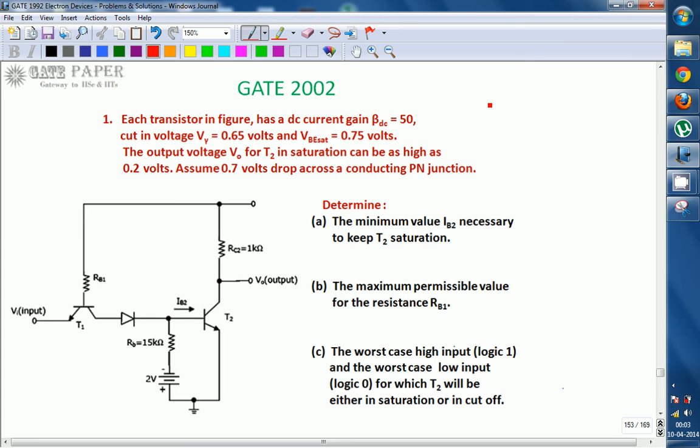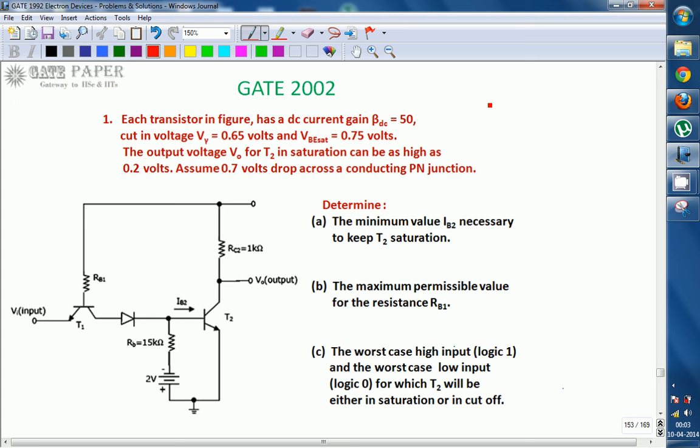The worst case high input and worst case low input for which T2 will be either in saturation or in cutoff. These three things we are going to calculate. So first of all we will see the A part, the minimum value of IB2 necessary to keep T2